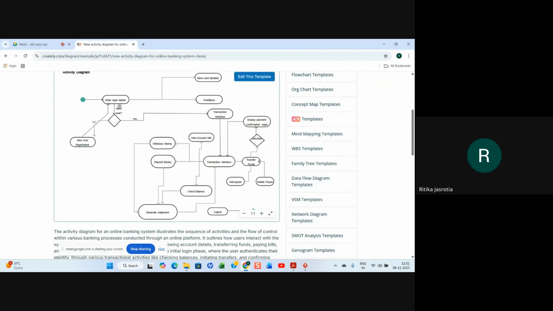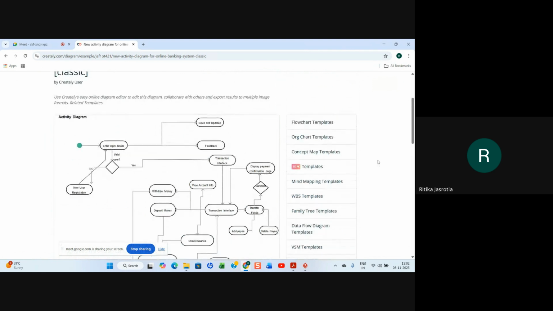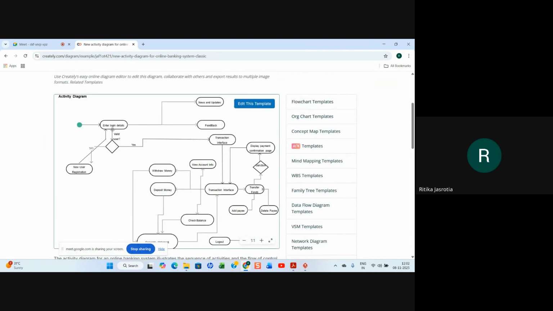In this, you are entering login details. Can you see that? Yes, ma'am. If it is valid, if you are a valid user, yes, you will go to the transaction interface, or you can say your dashboard. If you are not a valid user, no, then you will go back to enter login details. Otherwise, you can register yourself if you are not a customer, but we are not talking about the registration. If we are a valid user, we will go for the transaction interface. Otherwise, we will again go back to the enter login detail page. Right.